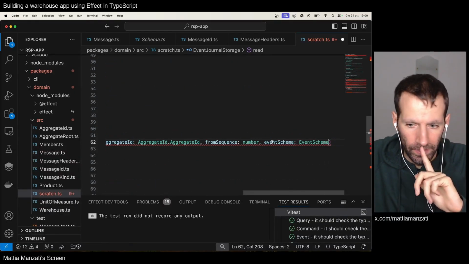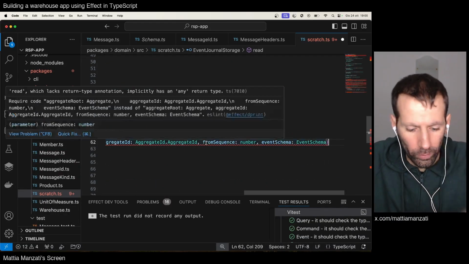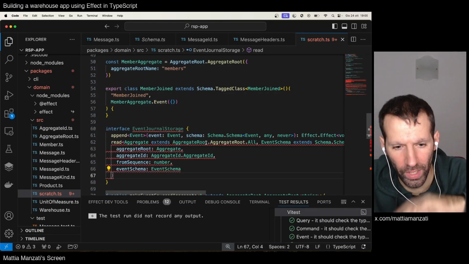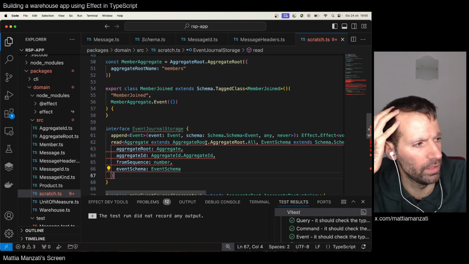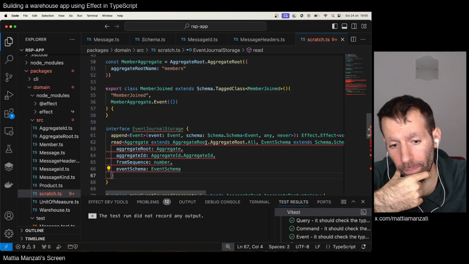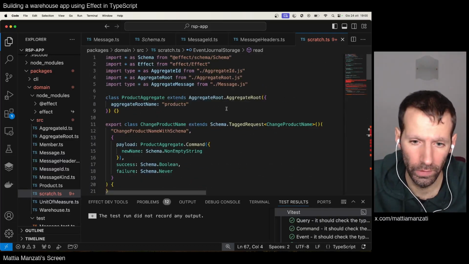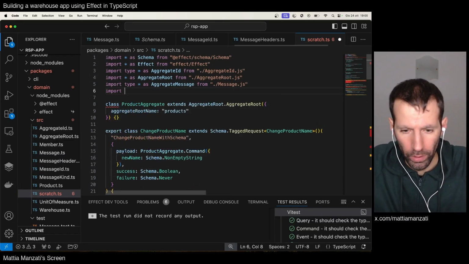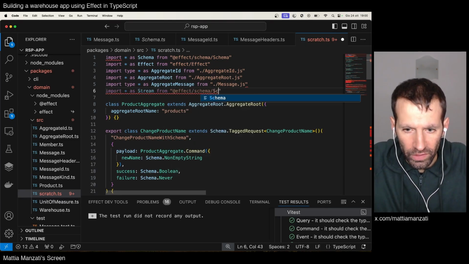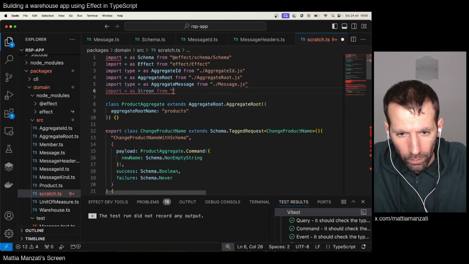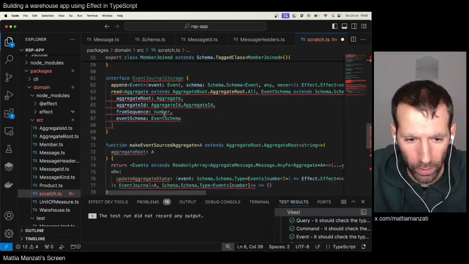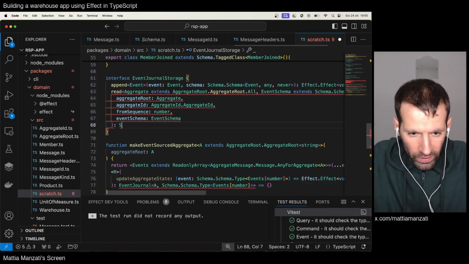Perfect. And the return type here, instead of having a single effect that returns a list of events, that could be one choice. I think we could opt in for using streams from Effect, which are a pull-based stream, and say if I had a stream from effect stream, and now here we can say that this function returns a stream